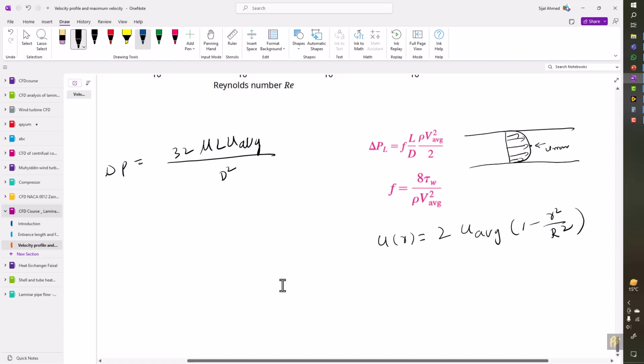And on the wall, we have the wall shear stress. So basically, the wall shear stress will be everywhere, but here the shear stress diagram will look like this, because it is 0 at the center, where the slope of velocity is equal to 0, and it's a maximum on the wall, which we call the wall shear stress,